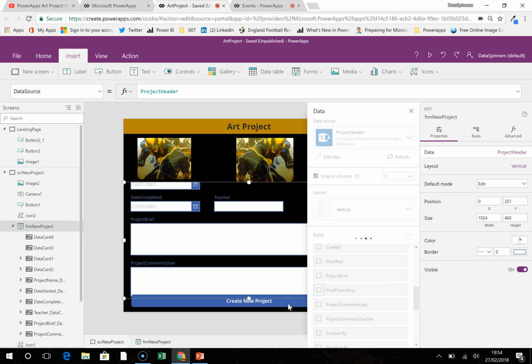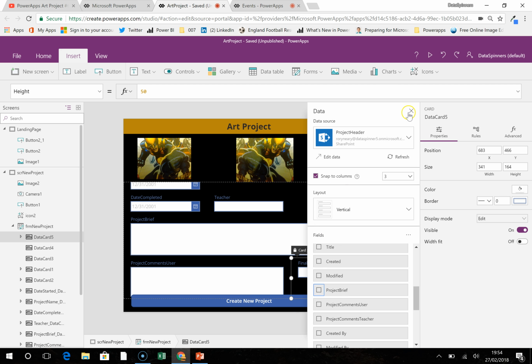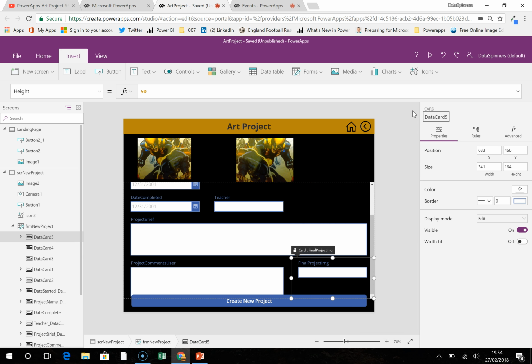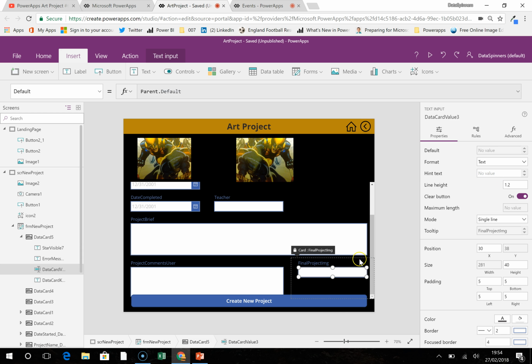I'm going to pop that in there, and I'm going to come off this and make this a multi-line text field. It doesn't really need to be though. It is literally just a text string. But into that we are going to place